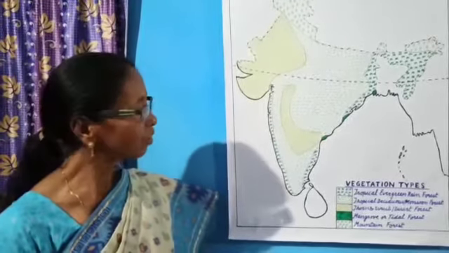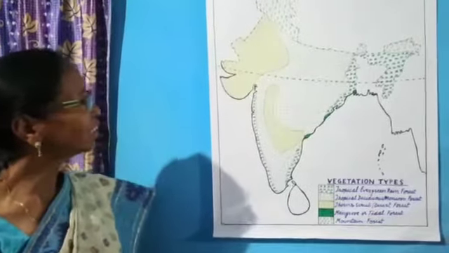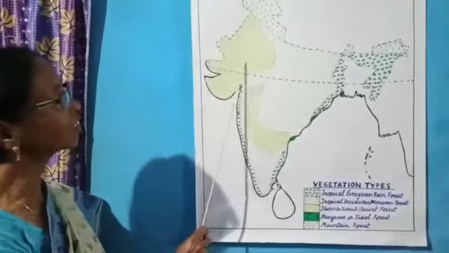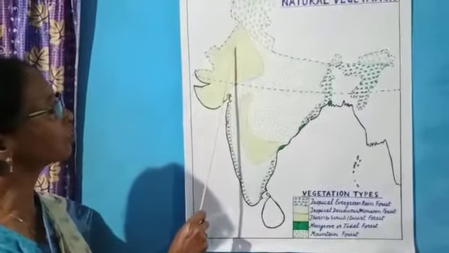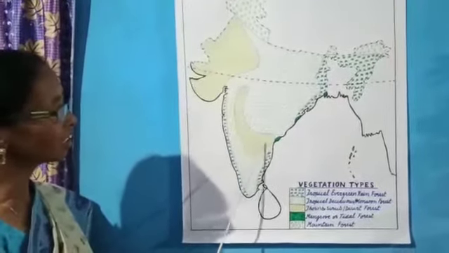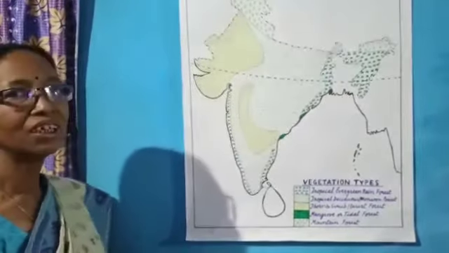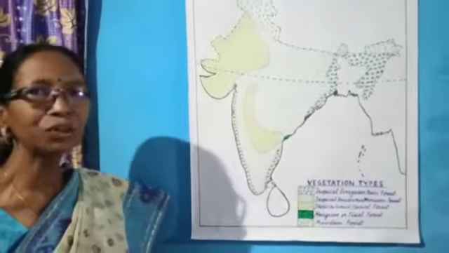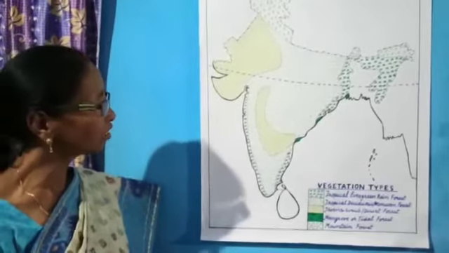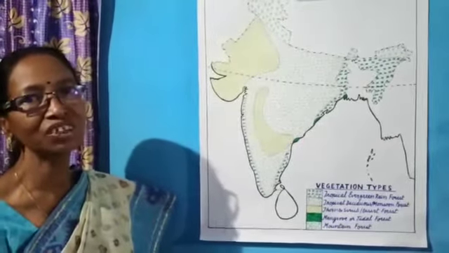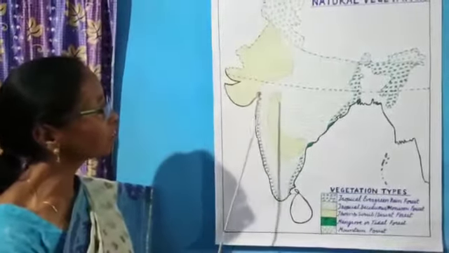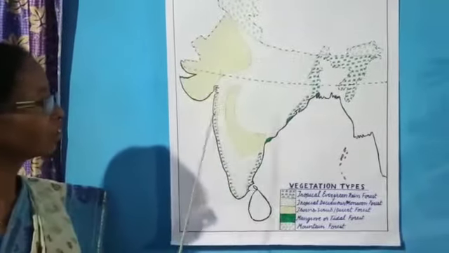wood. The region is mainly the western part of Rajasthan, the southwestern part of Punjab, parts of Gujarat, and the central area, which receives rainfall of less than 100 centimeters. Since there is very little rainfall, there is less vegetation. So do remember the thorn and scrub forest, which is known as the desert vegetation.